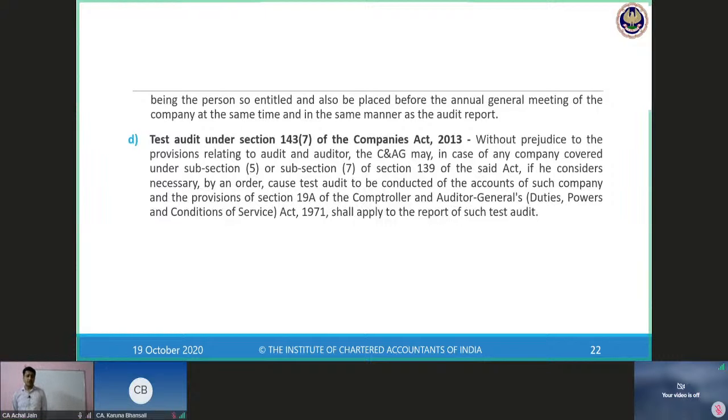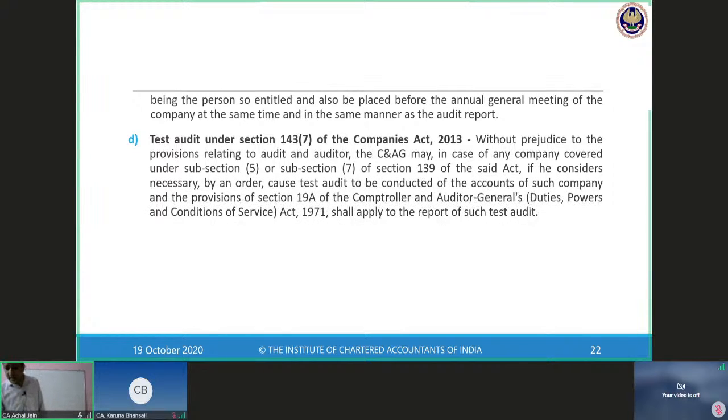Next is about test audit. So we have discussed statutory audit first of all to start with. Then in addition to that, we understood that CAG may require supplementary audit to be performed. And for all of these, there could be certain comments from the CAG. Then comes the test audit. CAG may, in case of any company, meaning companies which we have been discussing, which will get covered under the purview of government companies,